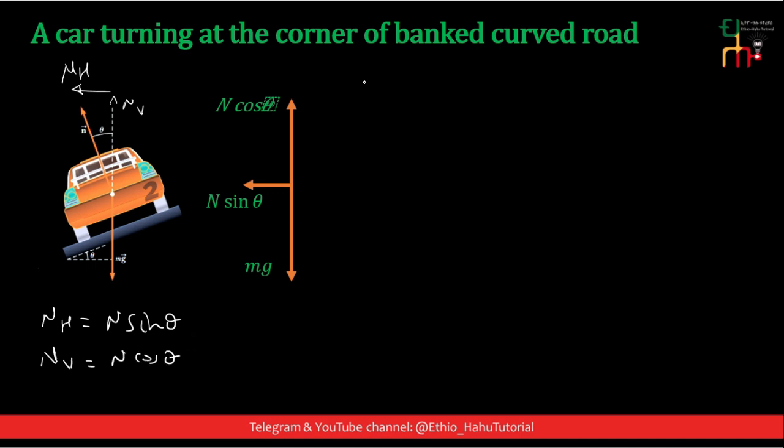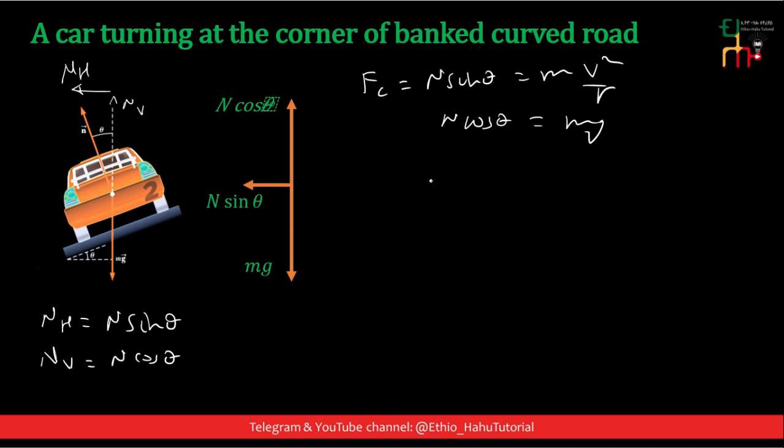For the centripetal force to exist, this centripetal force is equal to simply the component of the normal force along the radial direction. This centripetal force is equal to n times sine theta. The horizontal component of the normal force acts as a centripetal force, and this is equal to m times v squared divided by r. Along the vertical direction, we have N cos theta